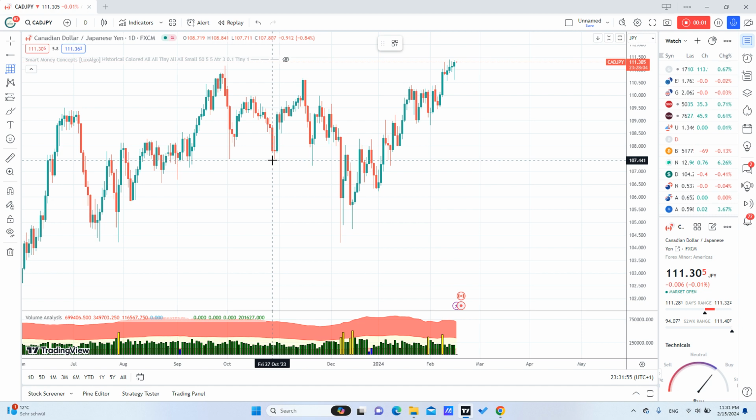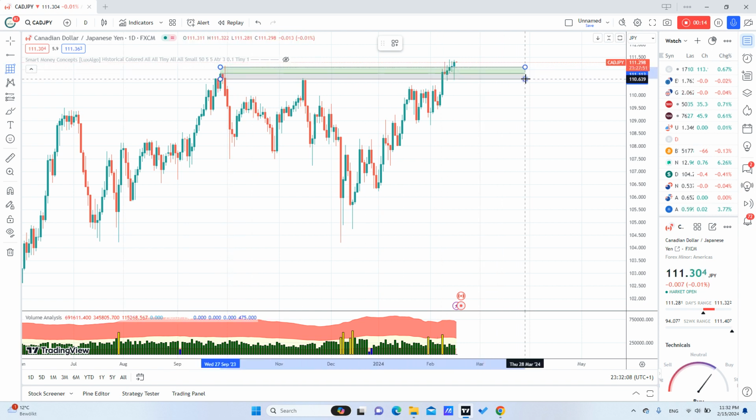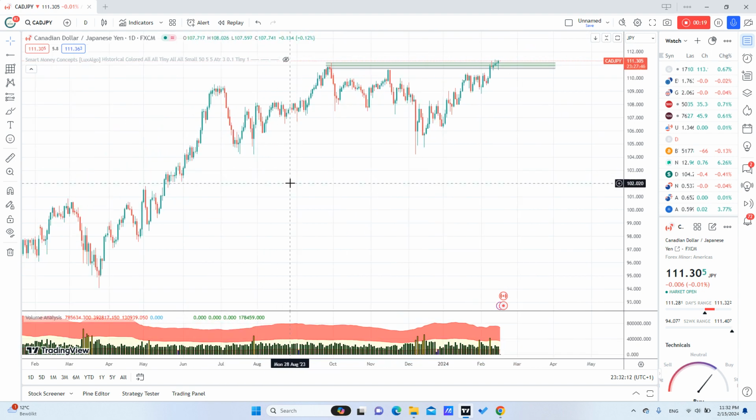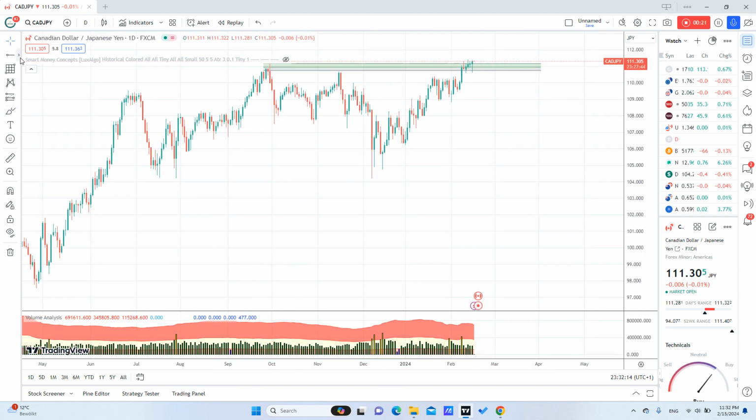Hi again. My trade idea for today will be the CAD yen. I will try to look for shorts on this pair. As you can see here, we have this supply zone that broke market structure to the downside, and we have